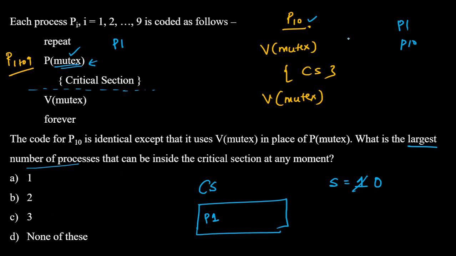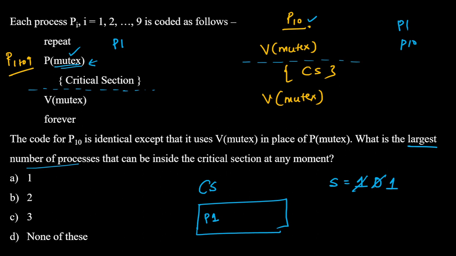Okay. So what we did, first we will execute P1. And now we just preempted P1 till here only. It is still inside the critical section. Then we took P10. P10's first statement is V mutex. V mutex means to increase the value of the semaphore. So it will make it 1. It will increase the value of mutex. Now we are not letting it enter the critical section. We are preempting it till here only.